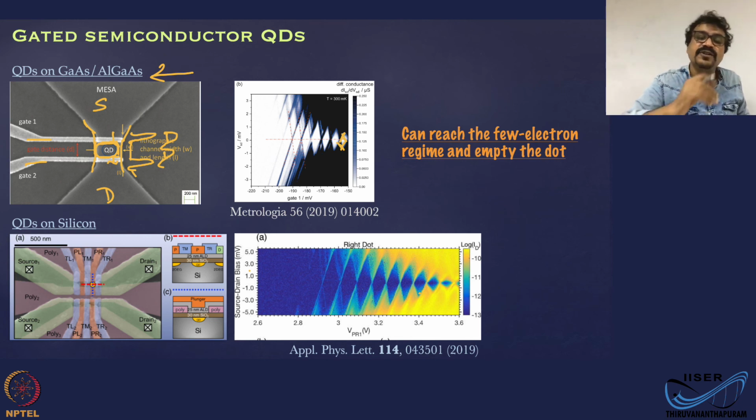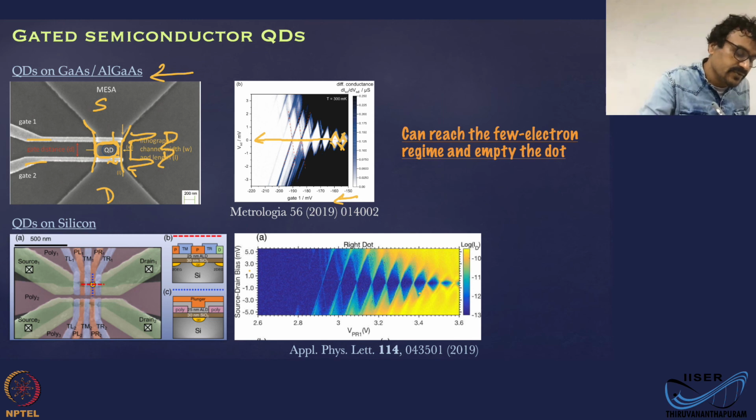Okay. Now when you apply the gate voltage, when you make the gate more negative, that is in this direction, you will reduce the size of the dot, which will have an effect of reducing the capacitance, which will in turn increase the size of the diamond in the measurement. That's what is happening. And as you march down, you are successfully increasing the size of the diamond, or reducing the size of the dot. But you're also pushing the electrons out through that process, because every diamond has a stable charge configuration.